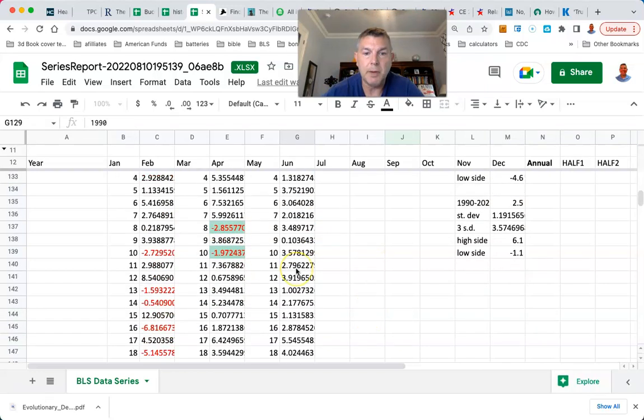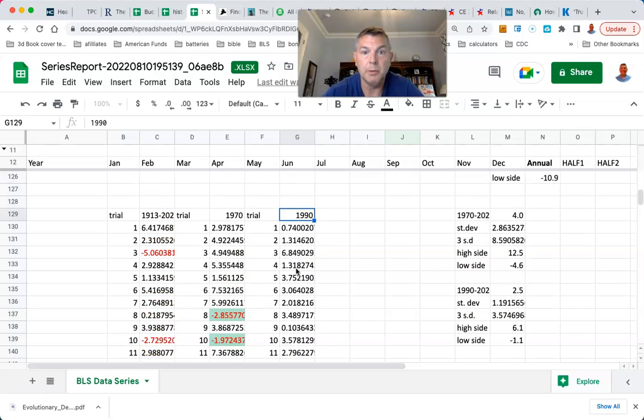You can see in red, we're just doing a Monte Carlo here is all we're doing. Not Monte Carlo, standard deviation. I guess we are doing a Monte Carlo. But we're just basically doing a bunch of different, if I can find the formula, NORM.INV. I'm not sure what the INV stands for. Essentially a random, it's a Monte Carlo is basically what it is. So basically we're saying, okay, our mean inflation, average inflation is 2.9. Our standard deviation is 1.19. And what's the range we get? So right here, we got a 6.84, which is much above the high side with the 99.8.